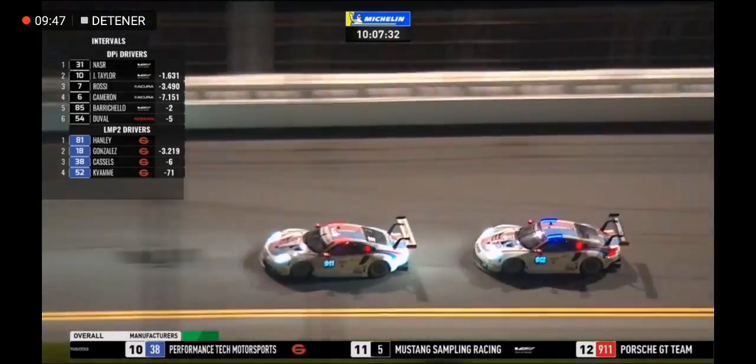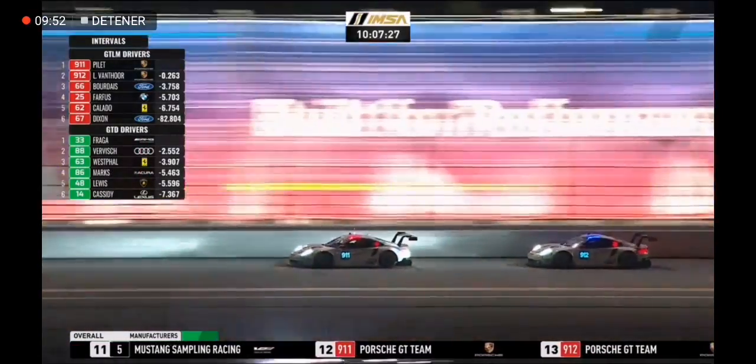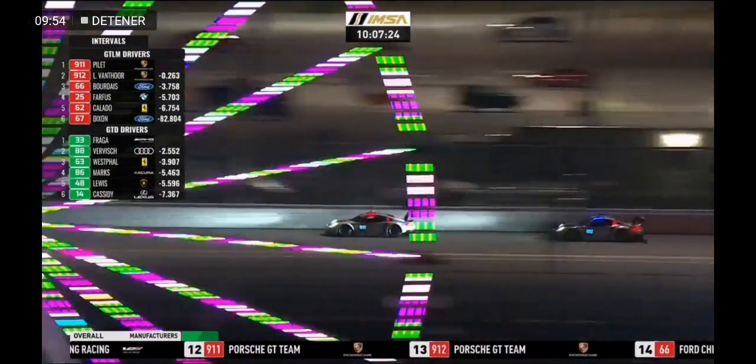Porsches in GTLM nose to tail. That's still Patrick Pilet in the 911, ahead of the 912 Laurent Vantor, but Vantor more than close enough here to attempt an